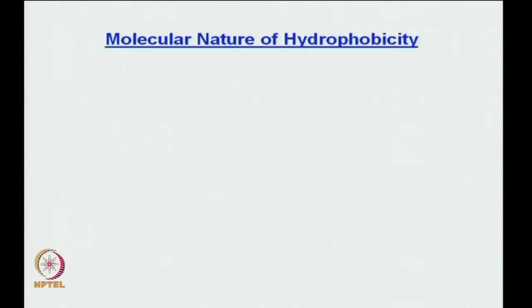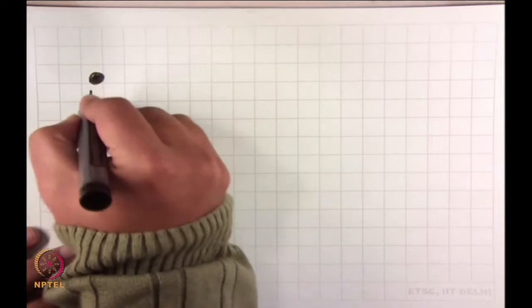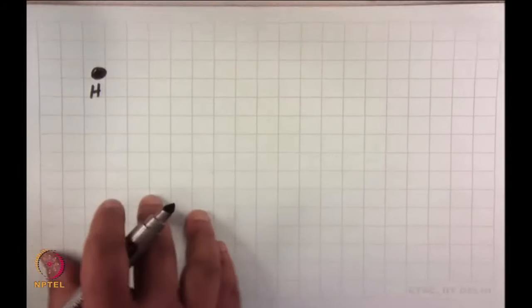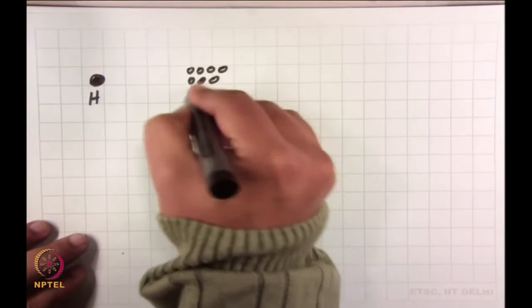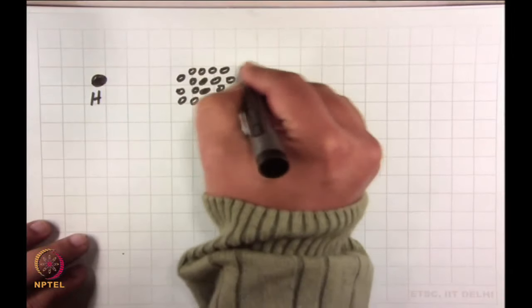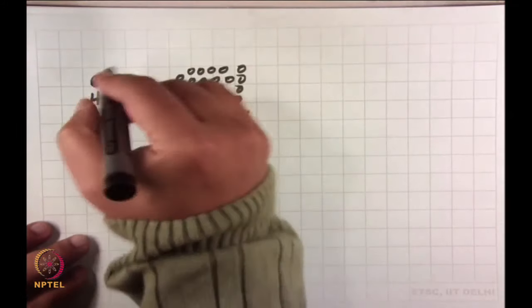What about the molecular nature of hydrophobicity? For example, if you would try to model a solvation process, that means you take a molecule. So, we are looking at the molecular nature of hydrophobicity now. For example, you have a hydrophobic molecule H, and suppose you have a series of water molecules out here, they are all your open circles. So, this is water, and what you have to do is you have to take this and put it